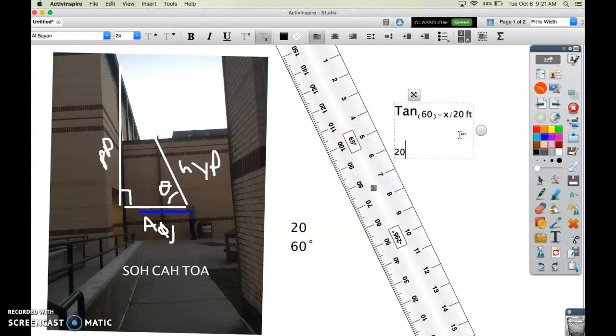Now, if we multiply both sides by 20, we end up with 20 times tangent of 60, now it's going to make them even smaller, equals x. So if I were to solve that on my calculator, I would get,